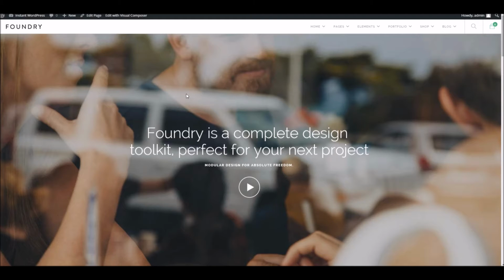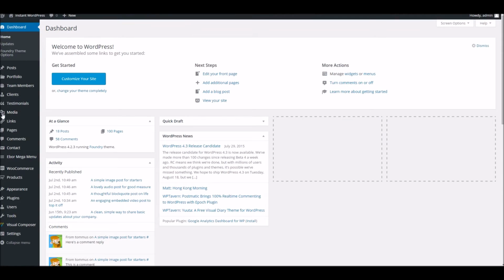Now then, once this is done, what you may notice is some of the sub-menu items here. These three specifically that we use in the demo data do appear to be empty, so we're going to go through how to fix that to begin with. So, back in our admin area, if we head to the Ebor mega menu,